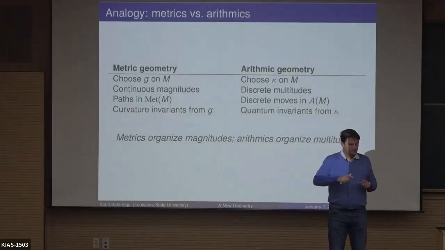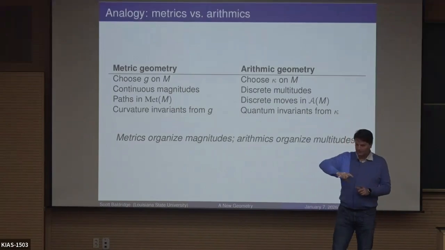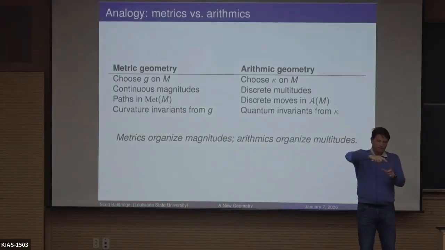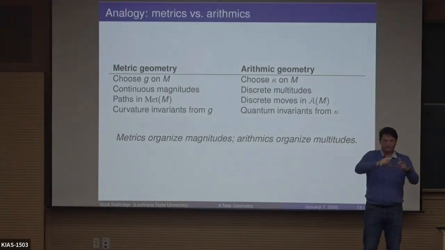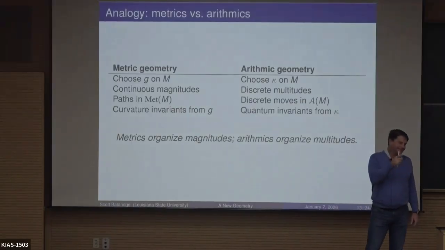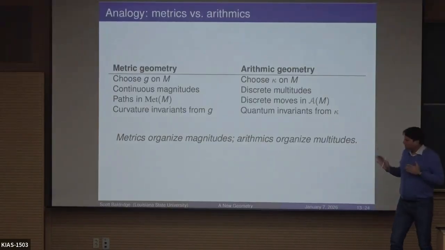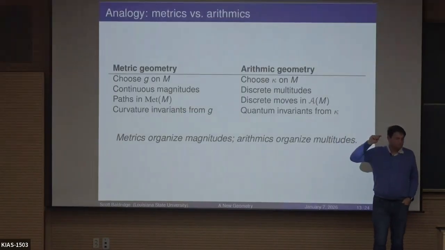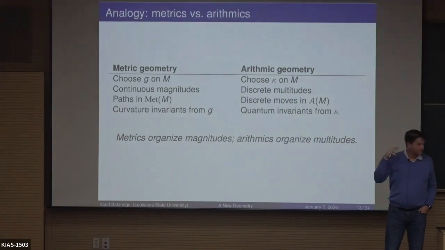Those discrete moves are obvious, right? Like for a two-dimensional arithmic, you're talking about doing the 2-2 Pachner moves. So to go from one class to another, you replace these two triangles with those two triangles. And then you might ask, well, what happens if I go around a pentagon? Maybe I start talking about cluster algebras. So that would be a set of discrete moves in this space and worthy of study, as we've seen already this